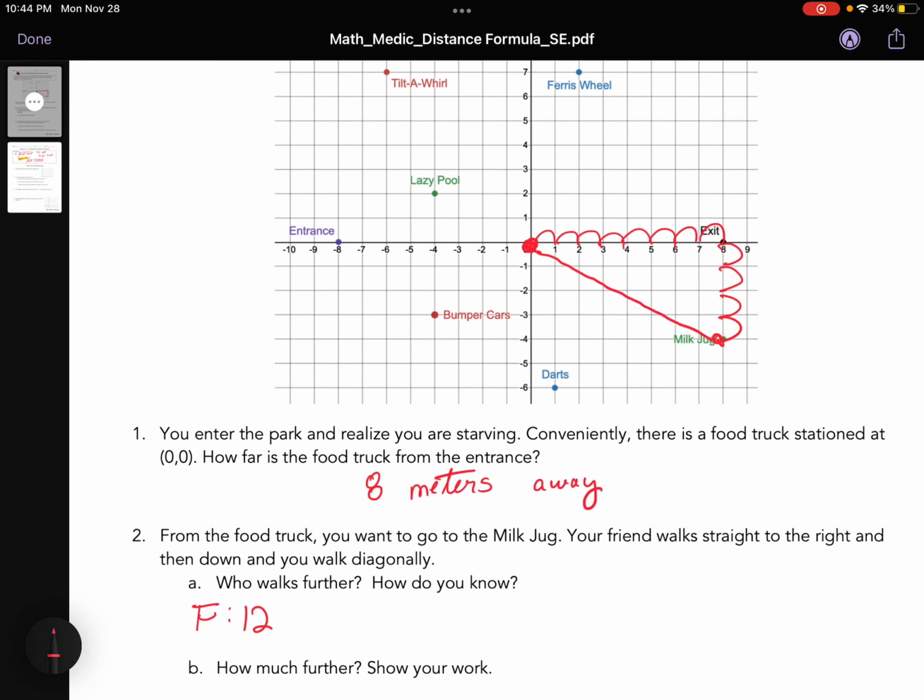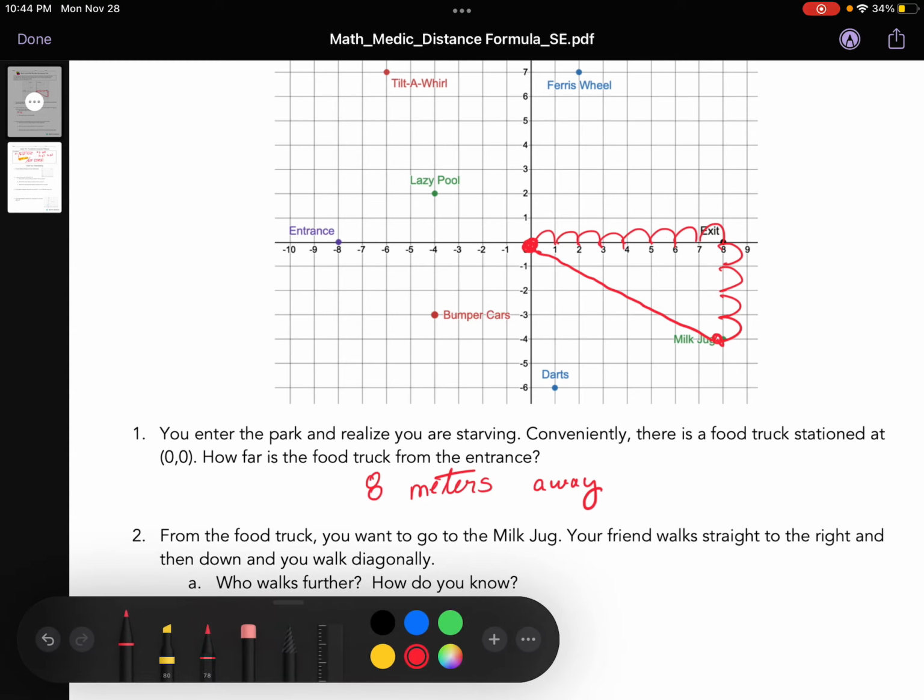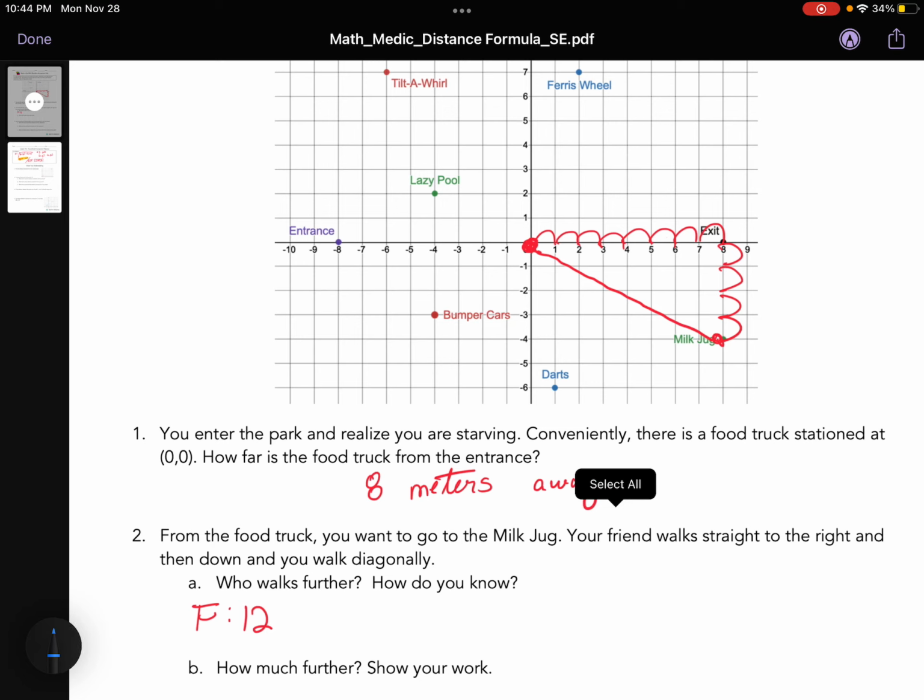If you're looking for diagonal distance, now you use the distance formula. First, you need the 2 points. You have 0, 0, and this is 8, negative 4. Label the points as x1, y1, x2, y2. So then the distance